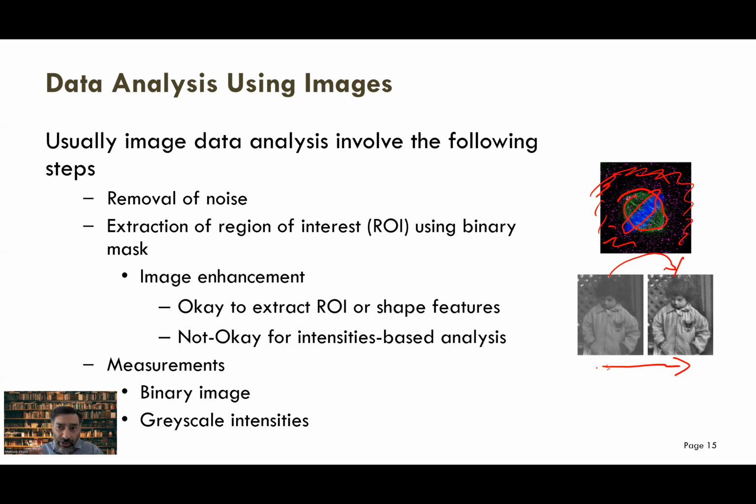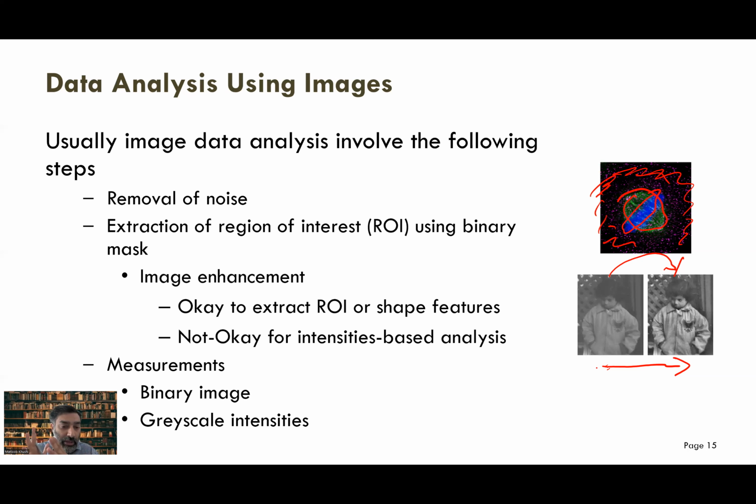Usually with the presence of proteins when they are stained in a cell, the more the protein, usually the better the staining. That means the intensity will be high. So intensity-based analysis requires you to process the images in their original format. Then you don't improve the quality of the images, because when you improve the quality of the image, basically you change its intensities. You enhance or decrease the intensity, or you modify the intensity. That's what you do when you enhance an image. So remember, whenever we're doing some intensity-based analysis, looking at the quality of the pixel,